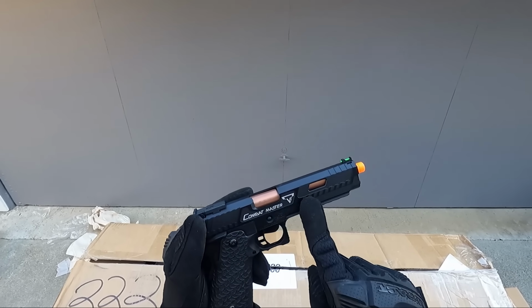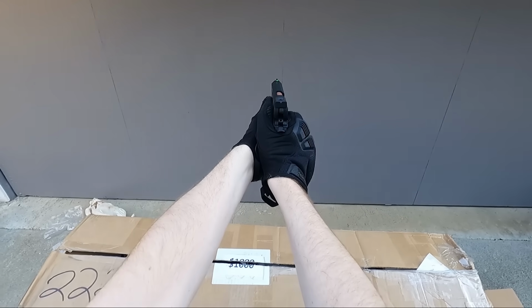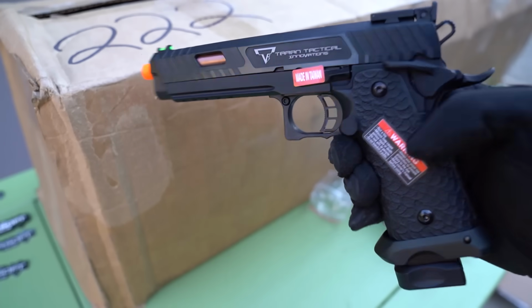stippling on it. It is also a Combat Master. Looks very, very similar, and it's got a little green iron dot on there too, so that's a little bit different than the previous one, so pretty sweet. I'm curious if this one actually shoots better than the one we just unboxed, but I guess we'll have to